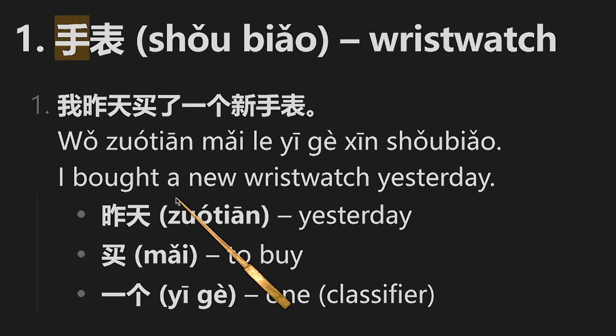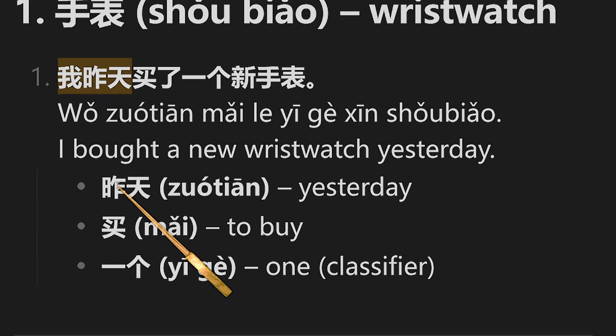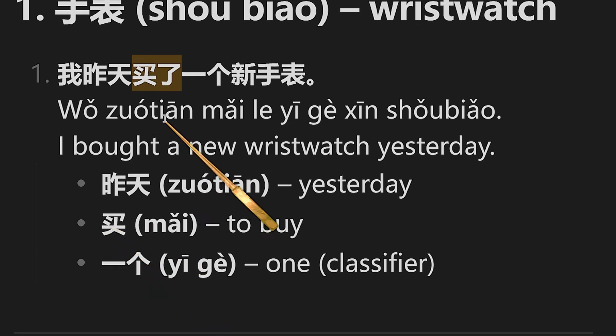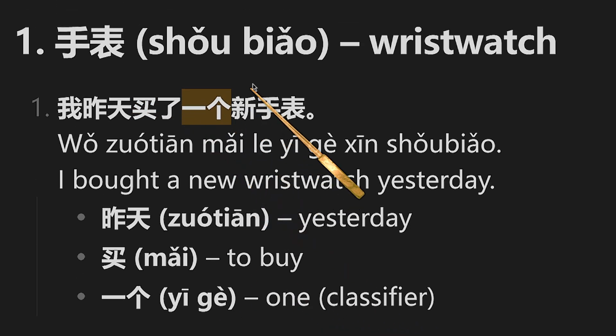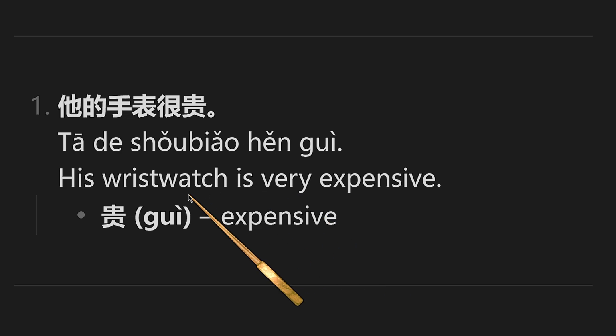Let's see. I bought a new wristwatch yesterday. 我昨天买了一个新手表。我昨天, yesterday, 昨天. 买了, you can see 买 is to buy, so 买了 is I bought. 一个, it's one and a classifier. 一个新手表, one new wristwatch. So 我昨天买了一个新手表。